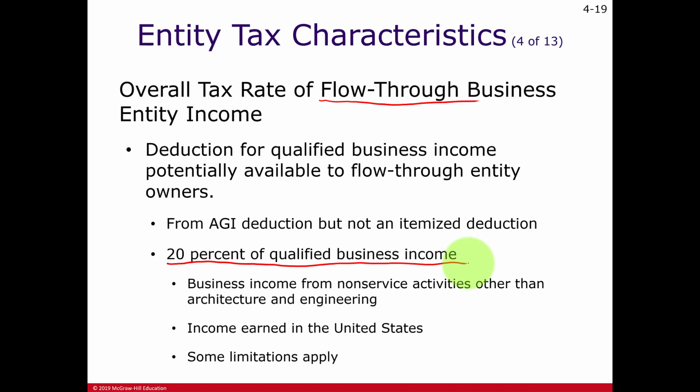Since corporate taxable business entities are now subject to a relatively low flat tax rate of 21%, Congress wanted to also give a tax break to flow-through business entities, keeping in mind their income is taxed not at the business entity level, but the owner level. So this deduction is going to be calculated and deducted not by the business, but by the owner on